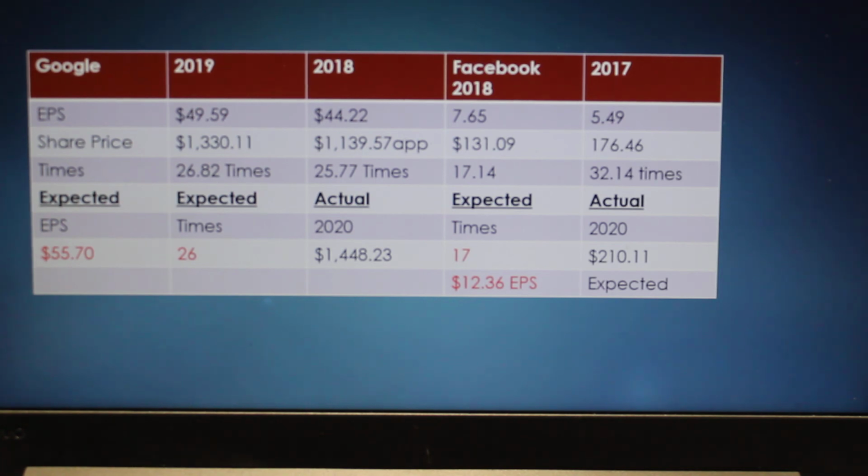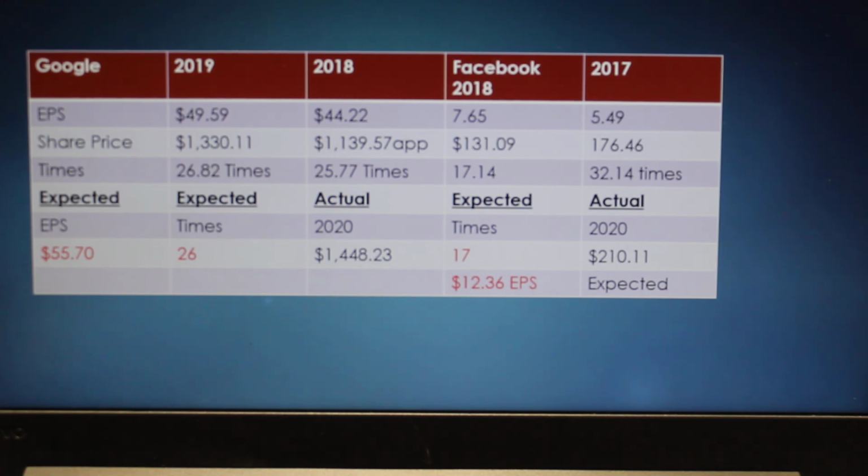Now for 2017, based on the earnings of $5.49, it will take you 32.14 times, which means it will technically take you 32 years to recover your investment if you are only seeking the earnings to recoup your initial investment. And in 2018, with the drop in the share price, the times has fallen to 17.14. So it will technically take you 17 years to recoup your initial purchase of a share of